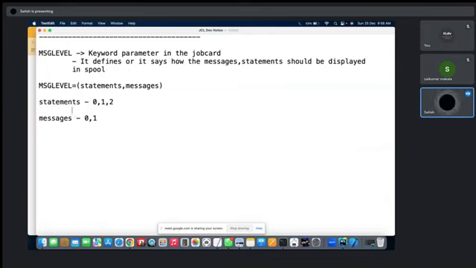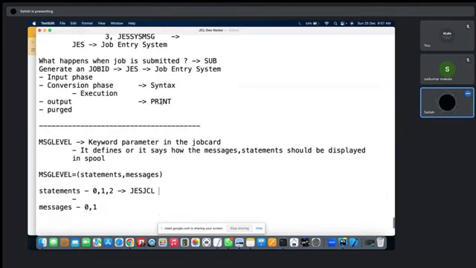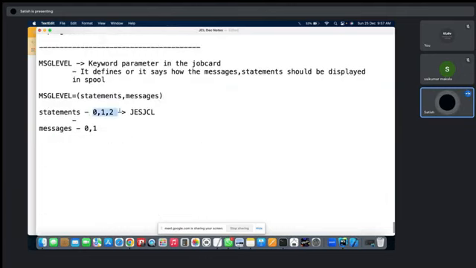If I write 0 or 1 or 2 in the statements, based on the number I have given, that will be affecting the JCL in the spool for a job. Whatever job I submit, the message level 0, 1 or 2 will affect the JCL in the spool. If I give 0, what will happen? The JCL will be